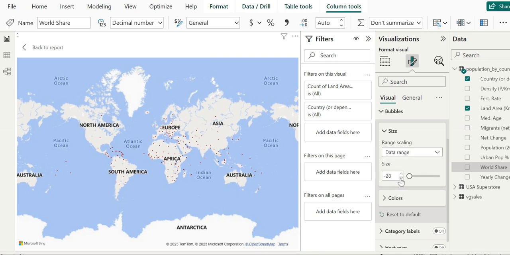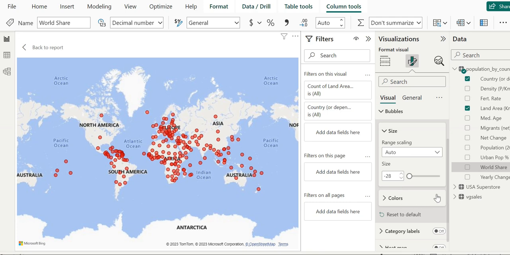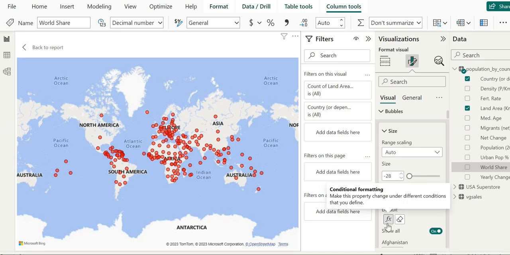We are going back to here. We can have multiple changes here too. If we go to the fx, we can even make this property change under different conditions that we will define based on the field we are using. So coming back to the visualization pane,